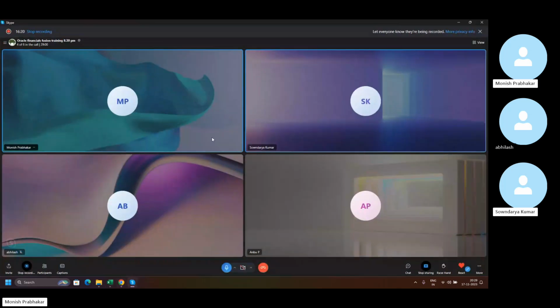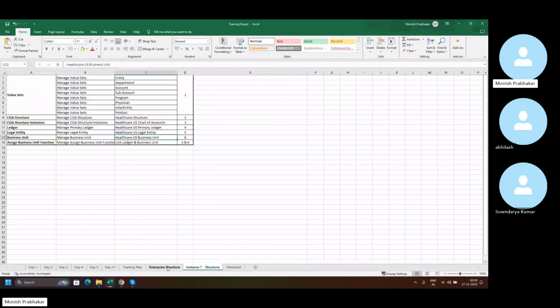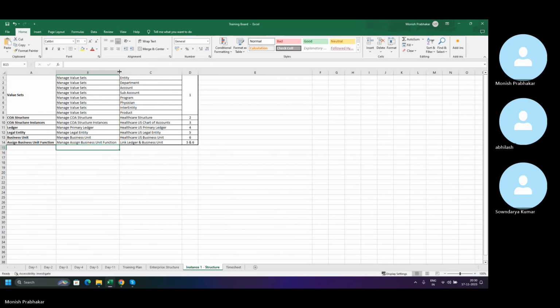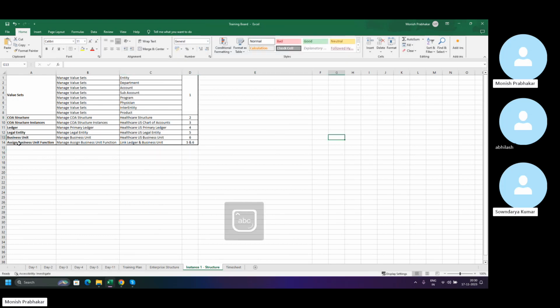Anbu, Soundarya, Abhilash, before I start AP, are you comfortable with the GL, like this enterprise structure and creating it? Okay, it's fine, but maybe it would be easier if you give any tasks. Yes. Whenever you get time, you created for Apollo, right? So in that we need to add